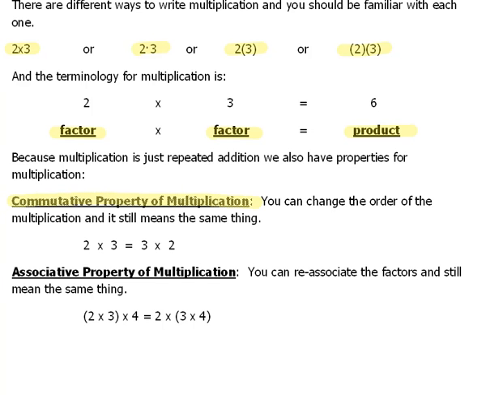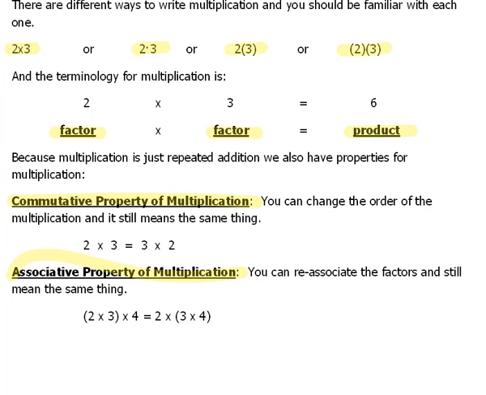We have the commutative property of multiplication, which is very, very similar to the addition property. You can multiply things in any order you want to, and you get the same thing. 2 times 3 is the same thing as 3 times 2. So again, think of commuting, home to work, work to home. The order actually changes. We also have the associative property of multiplication, meaning you can reassociate those factors and it